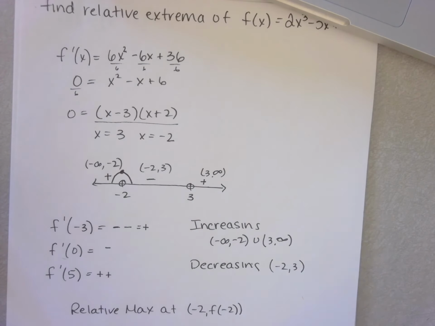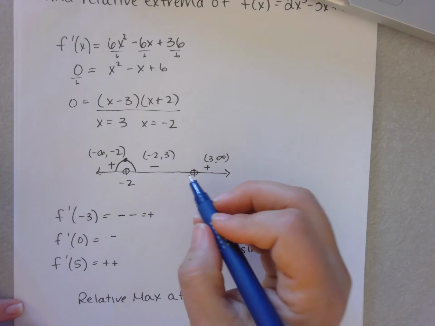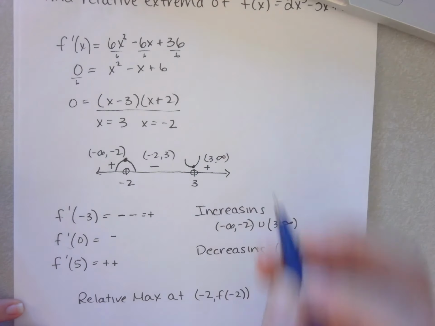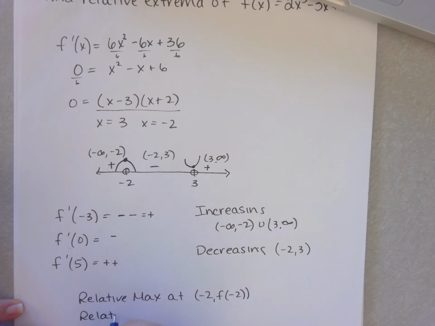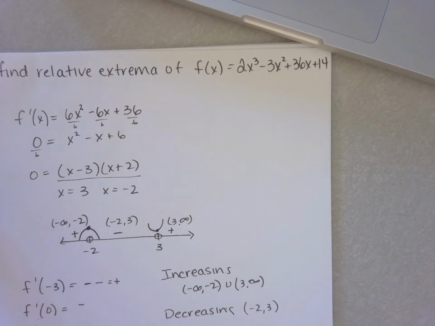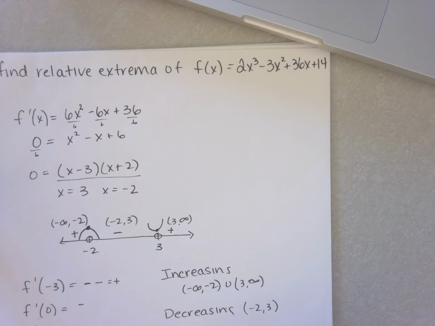All right, so let's see. Now what else? I also have a sign change here, but this time I was falling, I'm decreasing, and then I'm increasing. So that gives me a relative min at 3, f of 3. So my last part is just to take my numbers and pop them back in here. So I would plug in my -2 into f to find this value,